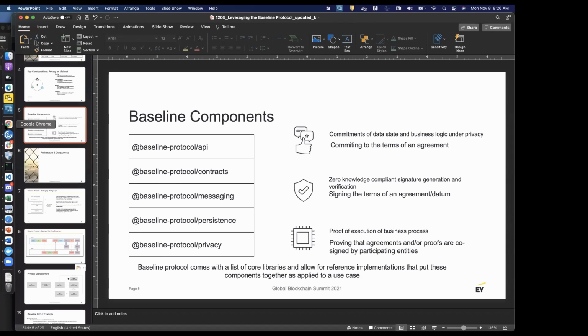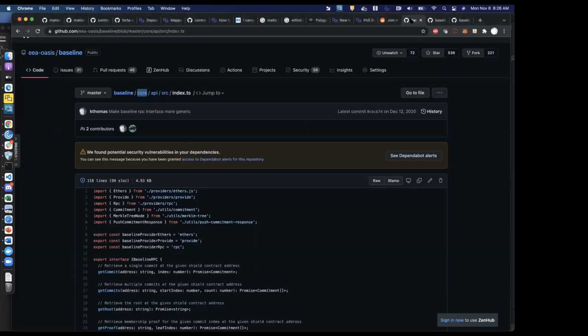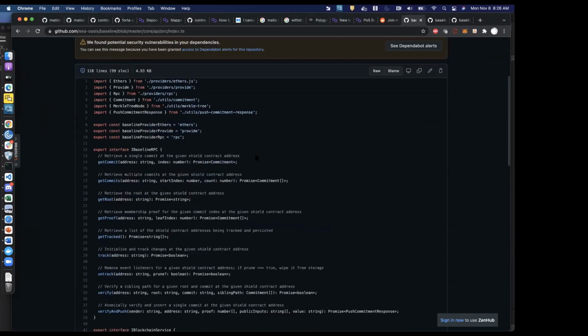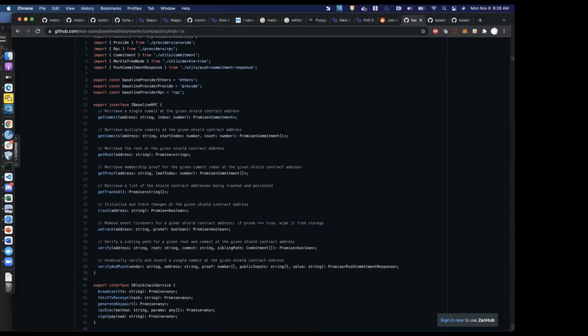So I'll quickly switch to the repo itself. In the baseline stack, all the various services or components are structured under the baseline core. And particularly under API, we have a TypeScript form of an interface definition, where you could see that we have various interfaces to essentially maintain an RPC connection to the mainnet. And there are a bunch of other